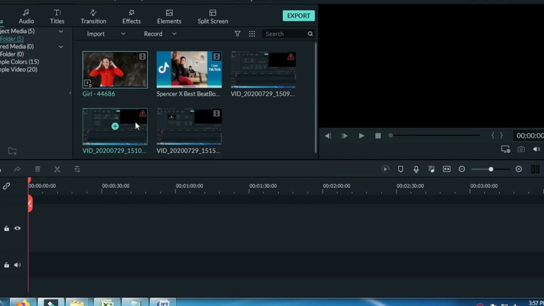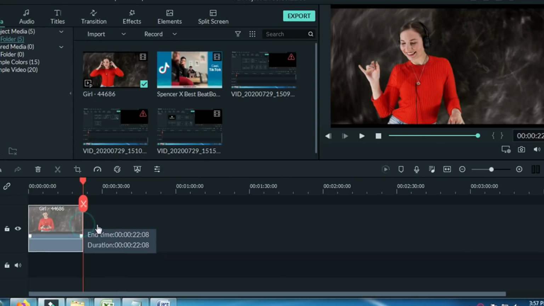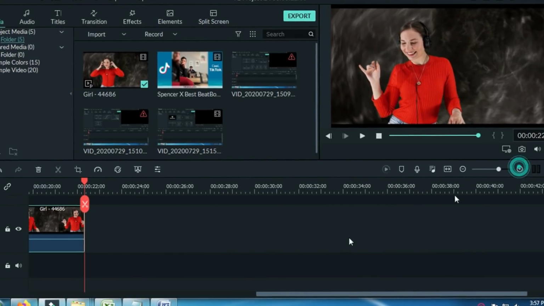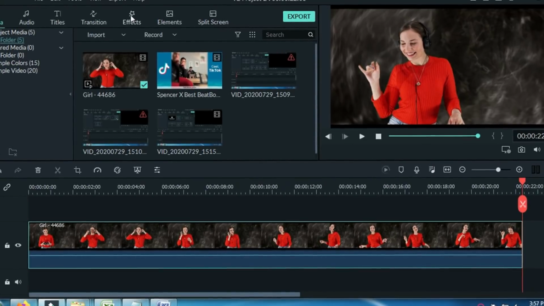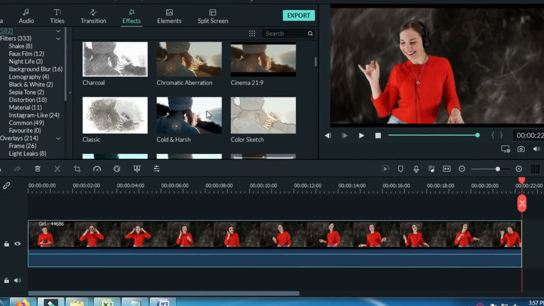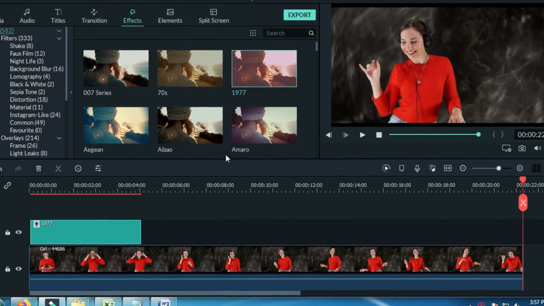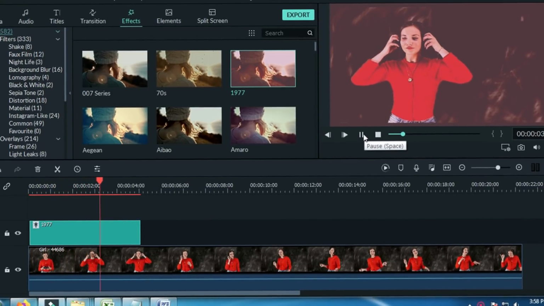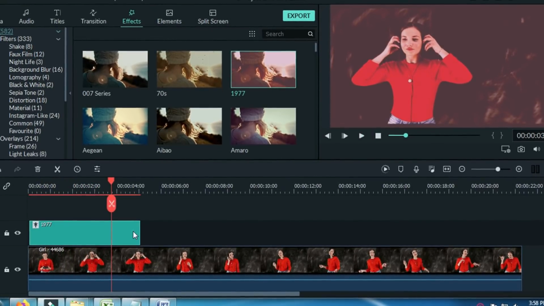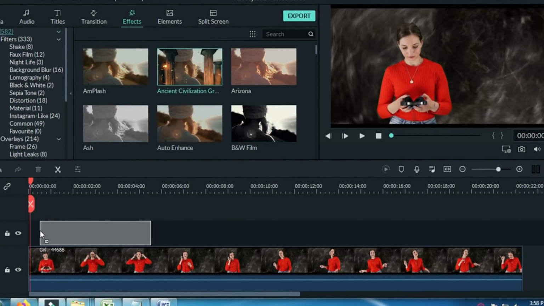Okay, next, effects. I am going to import one video. See, there are so many effects. I'm adding the 1977 template. In the particular area you will get this effect. I'm adjusting the scale.